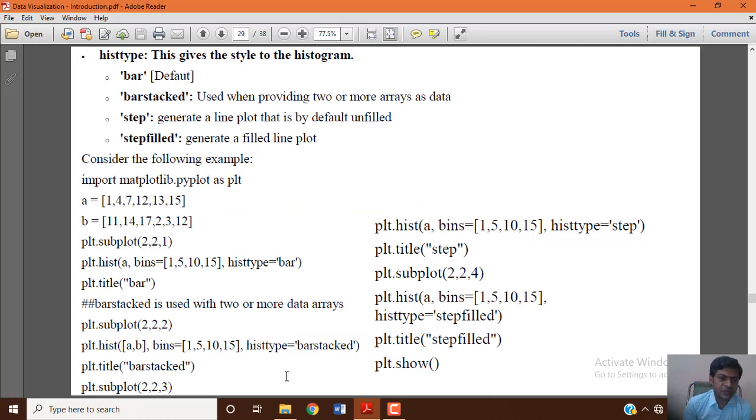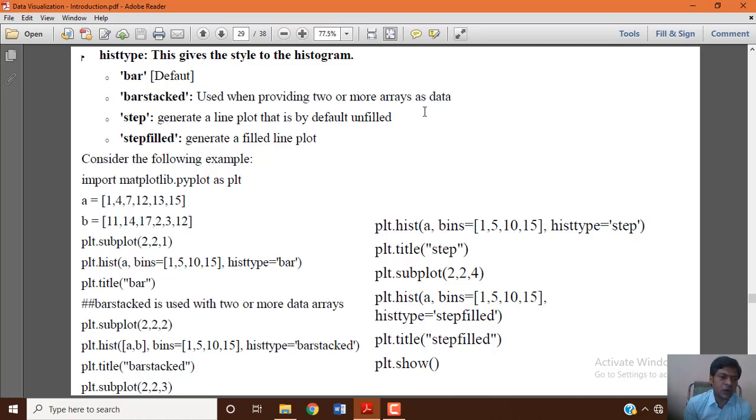Then histtype, this gives the style to the histogram. There are 4 different styles in which the bar output can be generated. By default it is bar, as in the examples we saw so far, and another one is barstacked, used when providing 2 or more arrays as the data set.